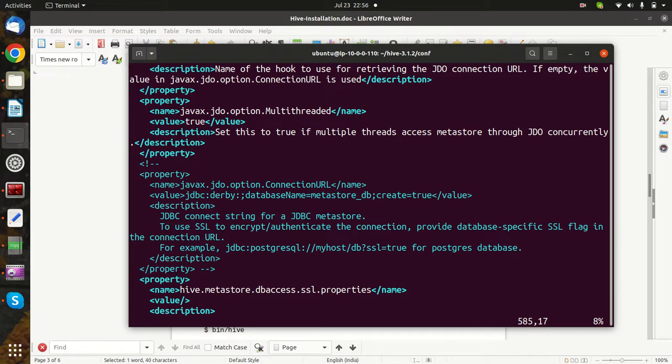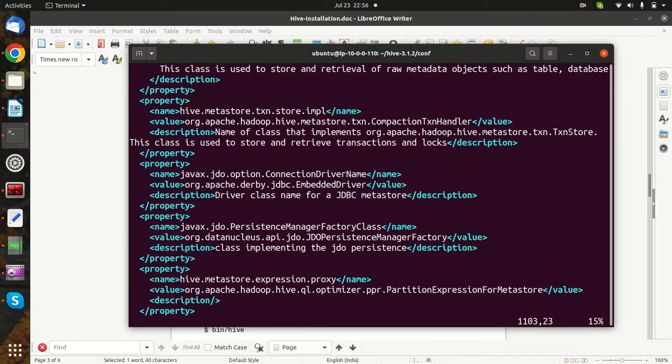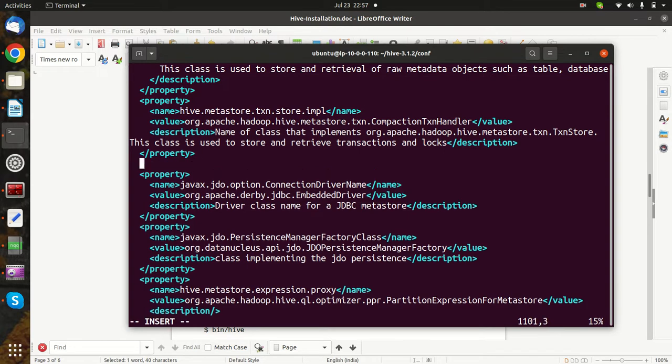And this is XML, so it is sensitive, so be careful while commenting, and the tags should be matched from start to end. So just comment this one also. Okay,